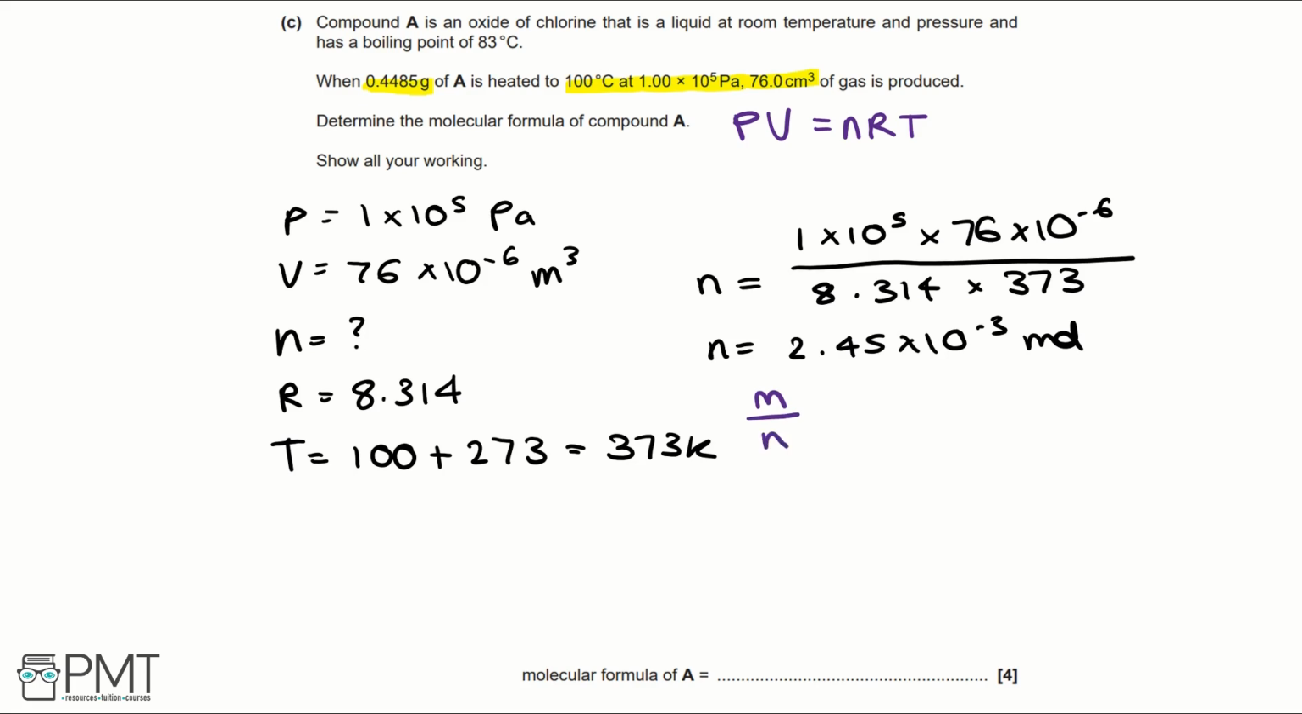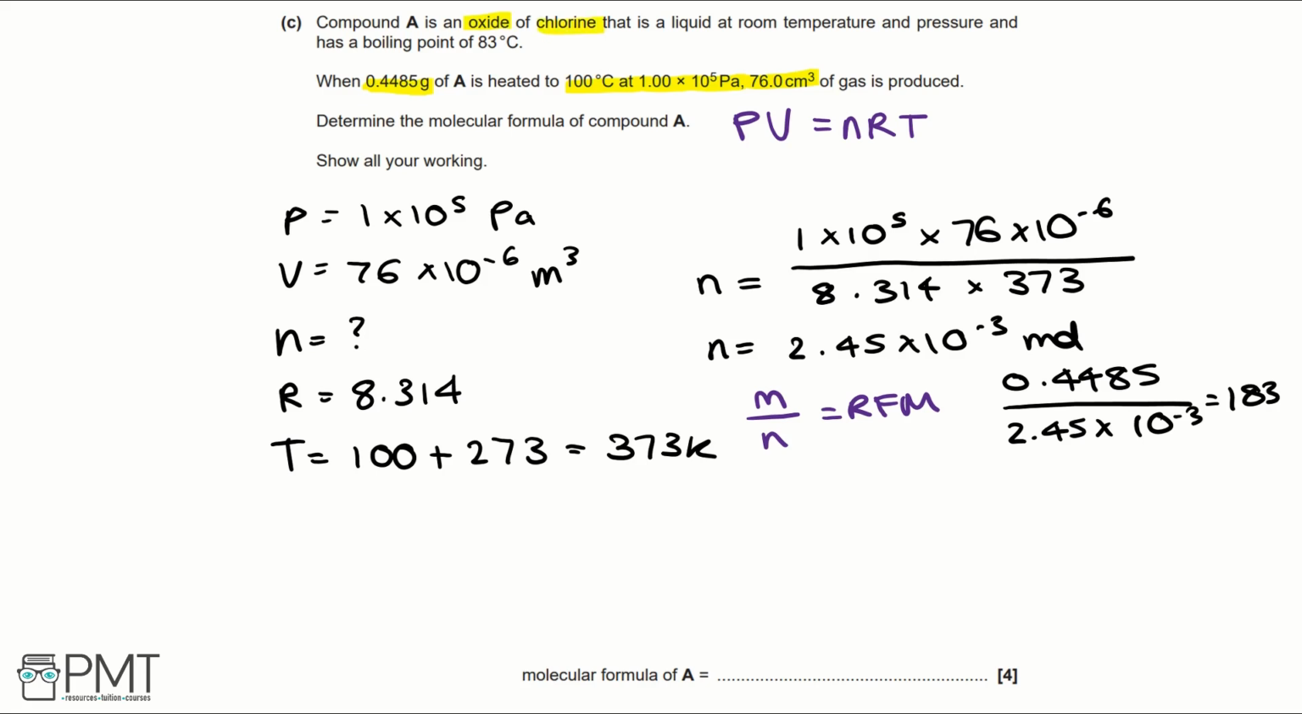Mass over number of moles equals relative formula mass. So, working out our relative formula mass, we've been given our mass is 0.4485, dividing by our number of moles, 2.45 times 10 to the negative 3, gives us a relative formula mass of 183. And because we're told in the question it's an oxide of chlorine, that means that our relative formula